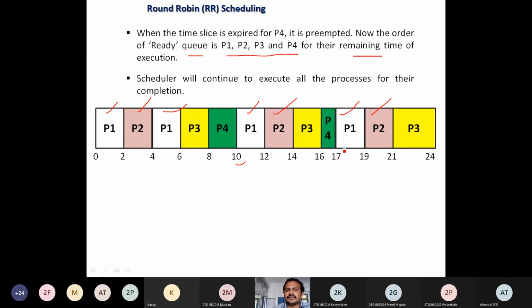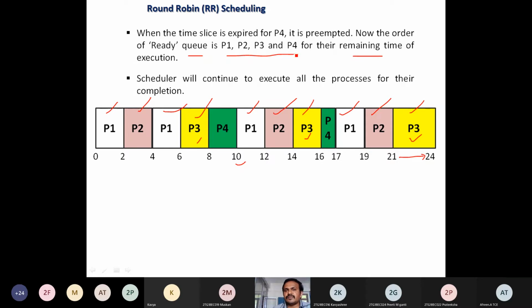What about P3? P3 has 7 milliseconds, which is nothing but 3.5 time slots. We can observe 1, 2. What about the third time slot? It is going to take its own 3, because there is no further process to execute. It is the last process to be executed, so it is going to complete by taking the complete scheduler time, from 21 to 24, the remaining time. So the first time slot is 2, the second is 2, that is 4, and the remaining 3 milliseconds are taken completely by P3 at the end.